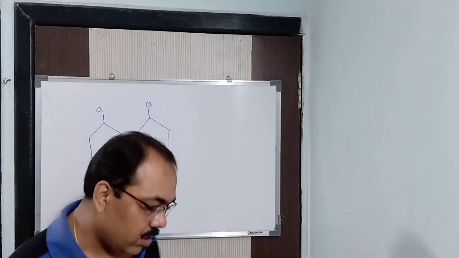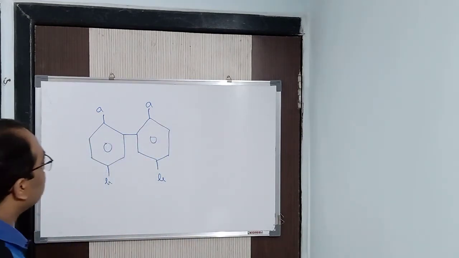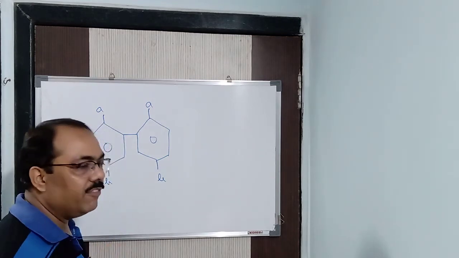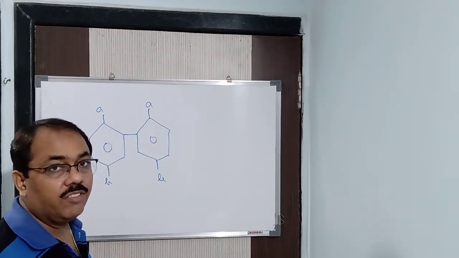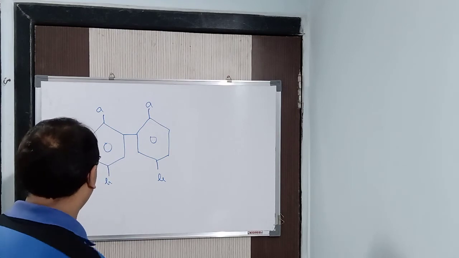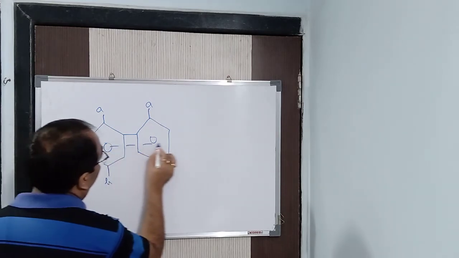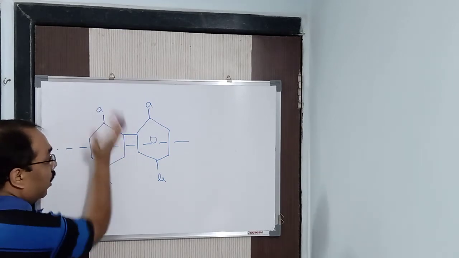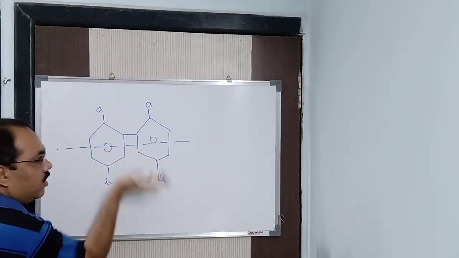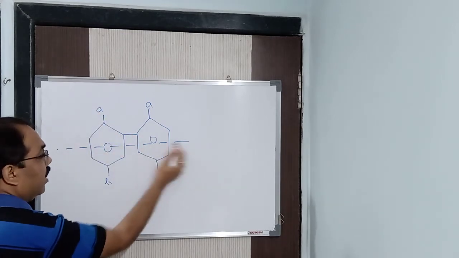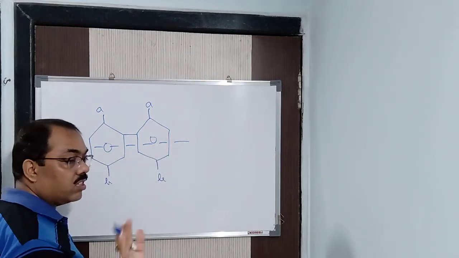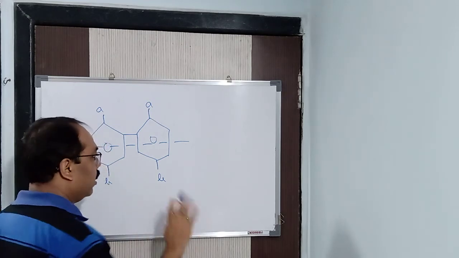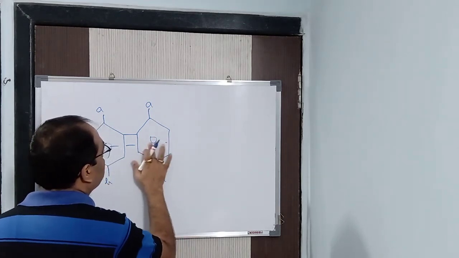Clear? So in this way, what you find is that this is, optically, if you ask me, inactive in nature. Why is it optically inactive? Because this is the plane of symmetry. See, the upper part and the lower part, both are similar, symmetrical. Meso compounds, na? This is a plane of symmetry. So we cannot take the optical nature of this particular compound. We can only take the geometrical nature. Alright, that is cis and trans.